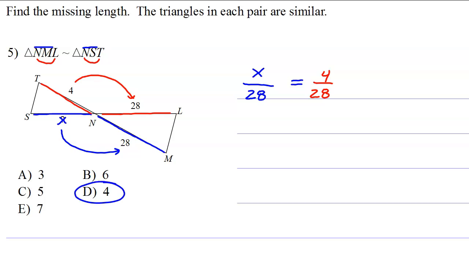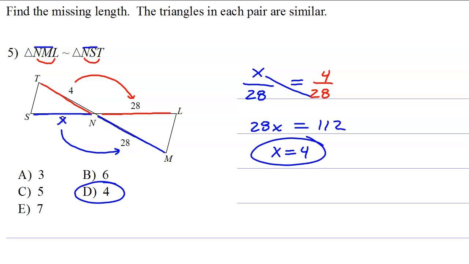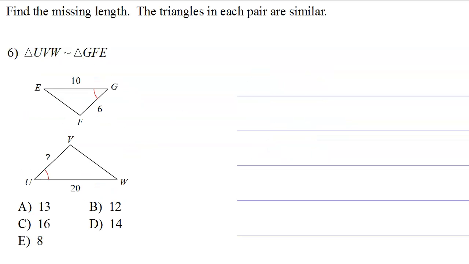But you also could just go ahead and cross multiply. You get 28x equals, what's that, 80 and 32 is 112. Divide, divide, and you'll also get x equals 4, setting it up that way. All right, next problem, number 6, says